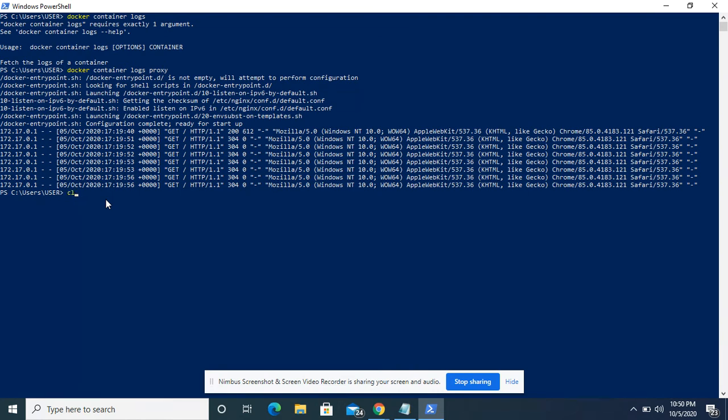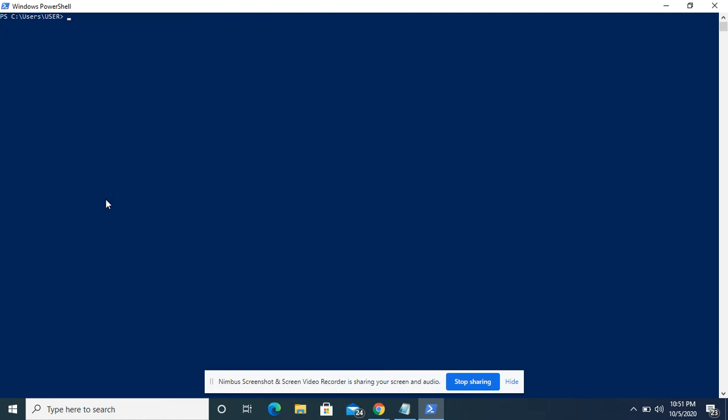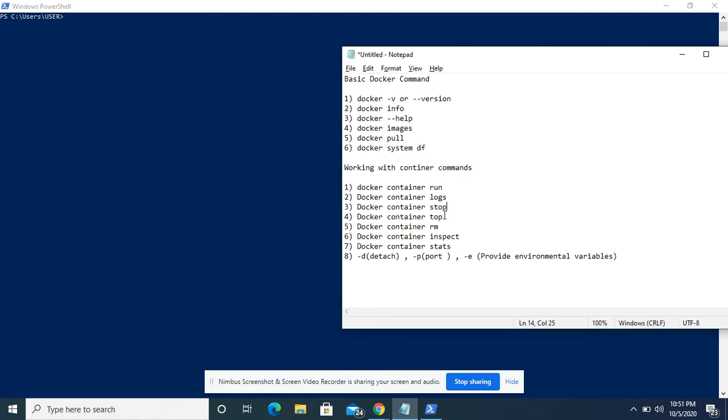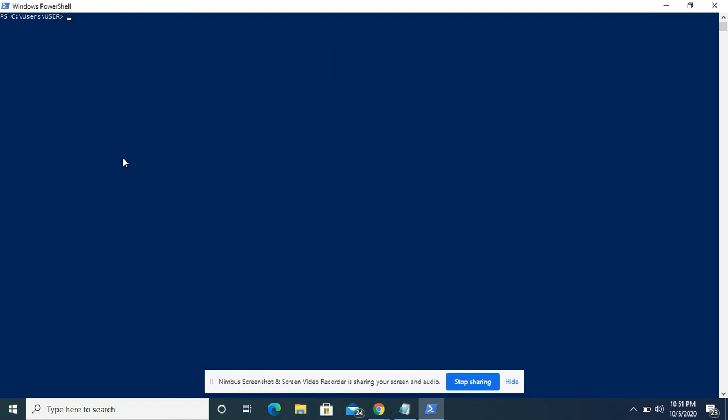Okay, suppose I want to stop this Docker image. As we know, currently it's up and running. So I want to stop this image, and what I will do is use the stop command.